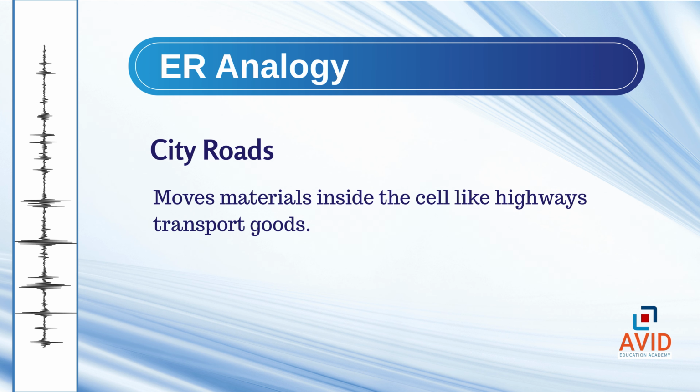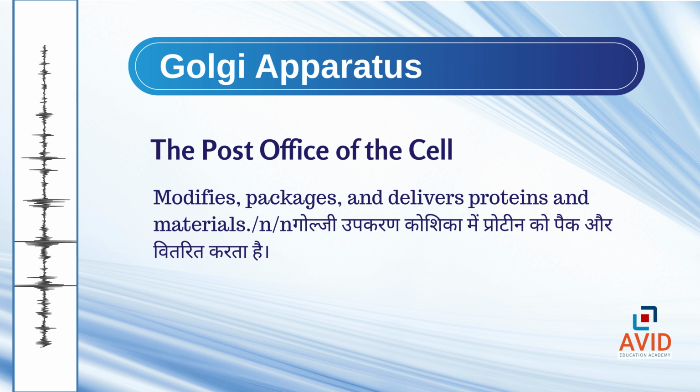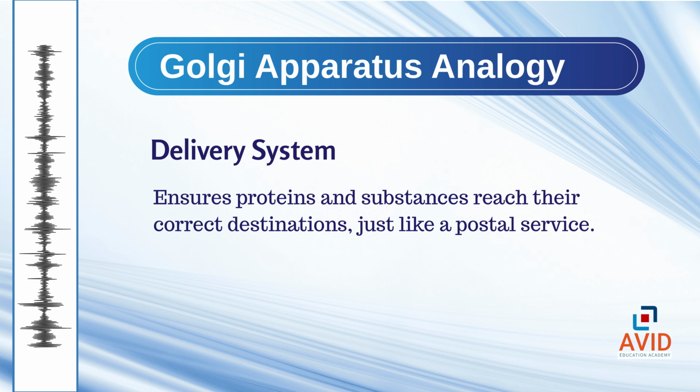Think of it like the roads or highways inside a city, helping transport materials smoothly. Lastly, let's talk about the Golgi apparatus, also known as the Golgi body. It is like the post office of the cell. It receives materials from the ER, modifies, packages, and sends them to their proper destinations. If a protein is made in one part of the cell and is needed elsewhere, Golgi apparatus makes sure it